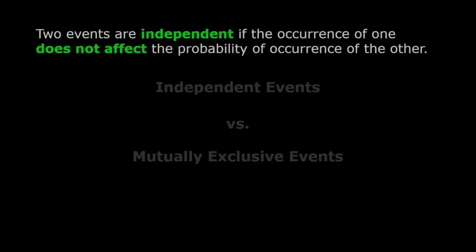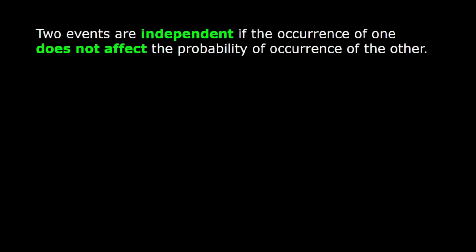Okay, in this video we're going to explore some pretty important yet confusing terminology in probability theory. Some of that terminology you've already heard of before, and that's independent events. And we're going to contrast that with something that sounds similar but is very, very different, and that's mutually exclusive events. So remember, two events are independent if the occurrence of one does not affect the probability of occurrence of